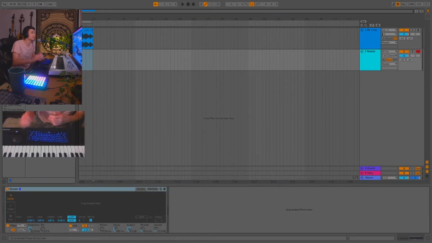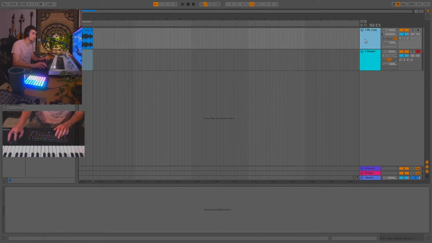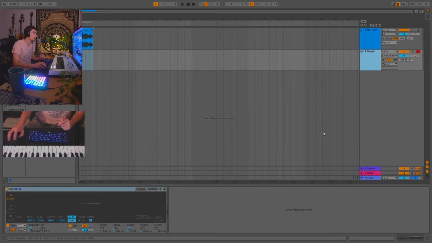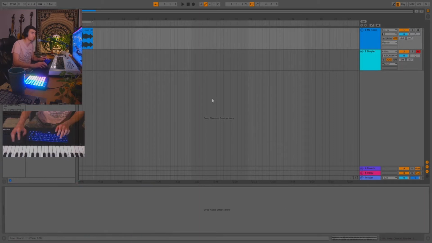Now, the Simpler is an instrument and a stock plugin inside of Ableton Live 10, where you can drag audio samples into it and use it basically as a sampler. Now, all I'm gonna do here, there's a couple ways. Of course, you can just drag the sample in from wherever the source is. So if you have it in your files, or if you have it on Splice, for example, like I did, you can just drag that directly into here. Or for this case, I wanted to check out the sample first. So for those of you who want to hear it,